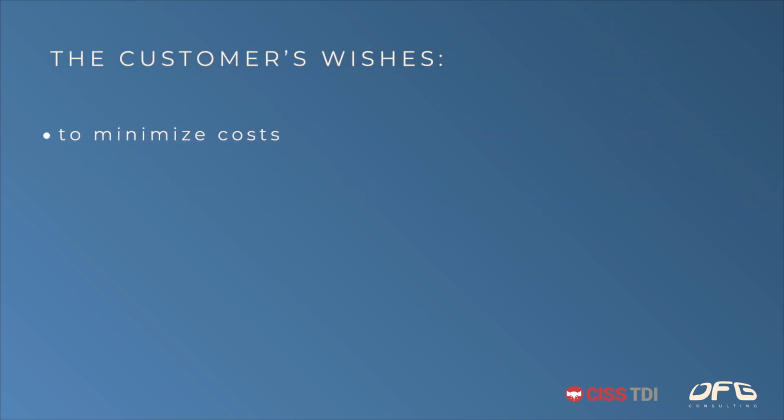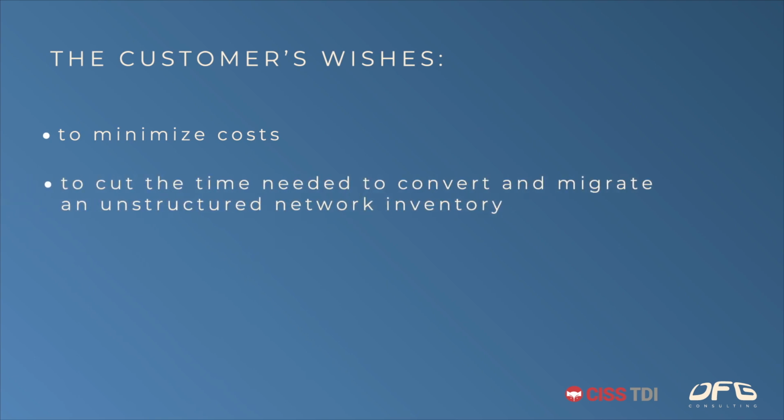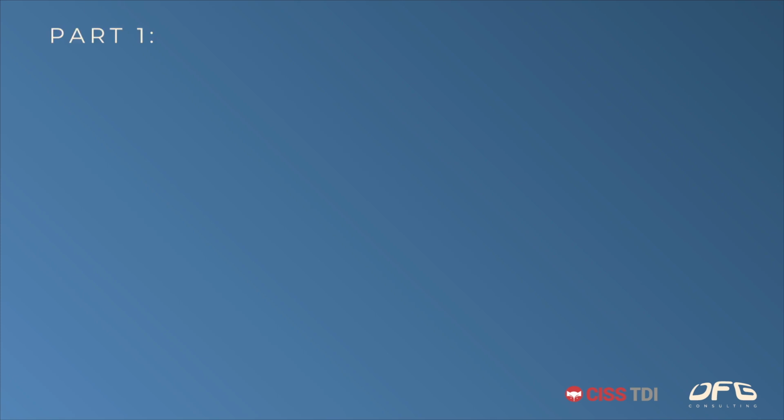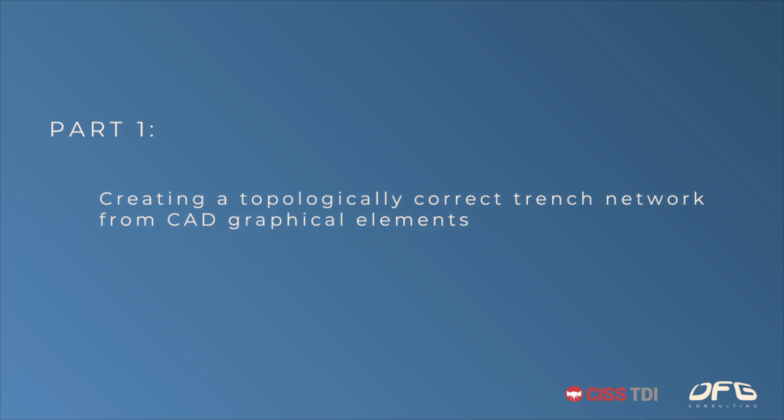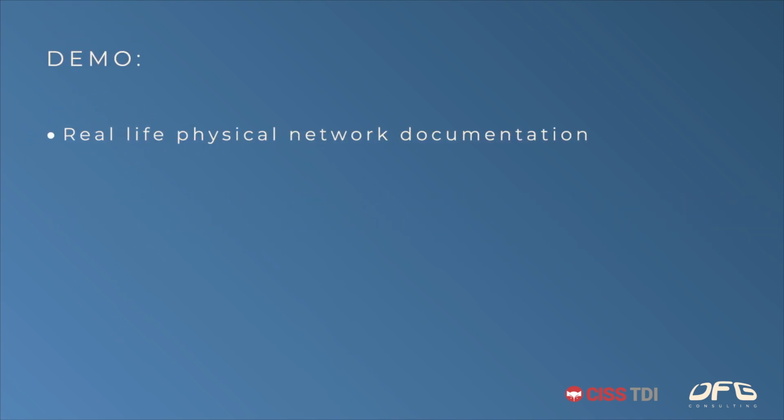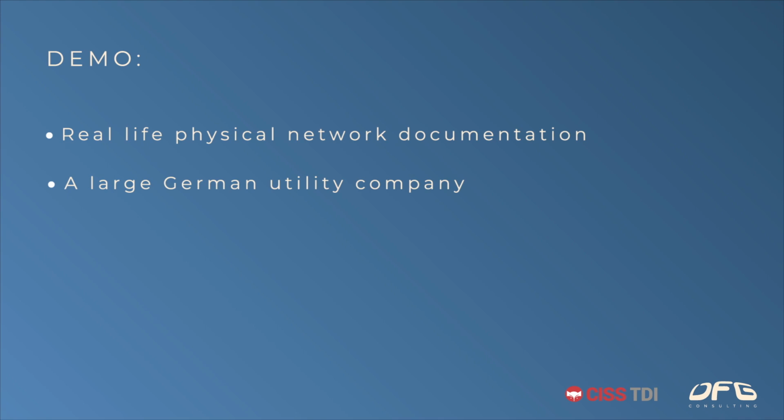Customers want to minimize costs and reduce the time needed to convert and migrate unstructured network inventory data into their new operational support system. In Part 1, we will create a topologically correct trench network from CAD graphical elements. The network documentation that we will be converting is from one of our customers. It is a big utility company in Germany that had its entire network inventory data stored in more than